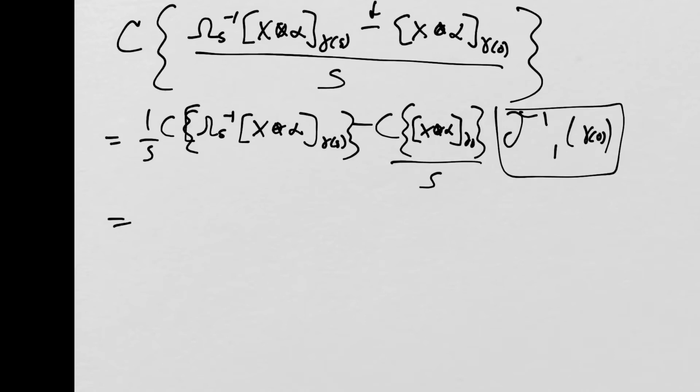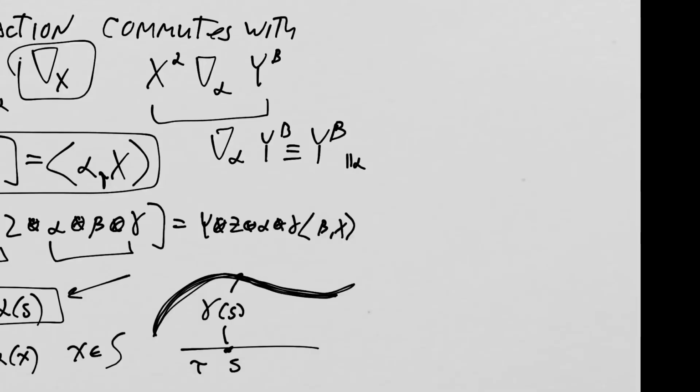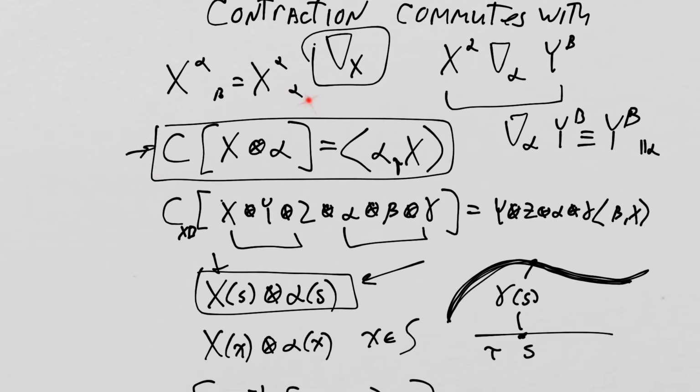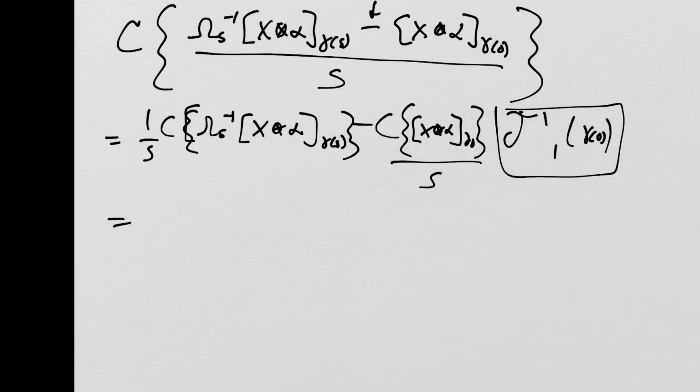But we know how to evaluate these contractions, right? We're just going to use this basic rule right here, that the contraction of a vector with a tensor is just the dual space mapping between the two. So in the first case, we get 1 over s times the dual space mapping of alpha x minus